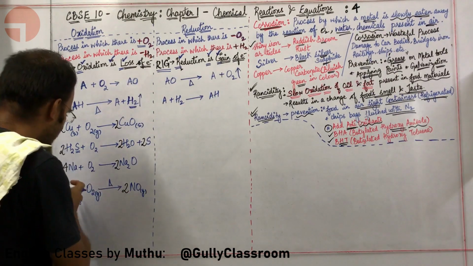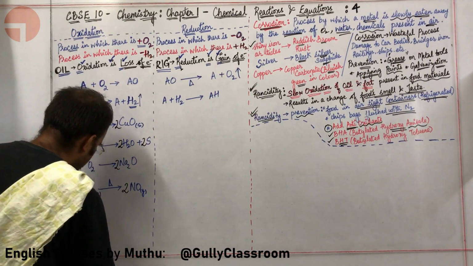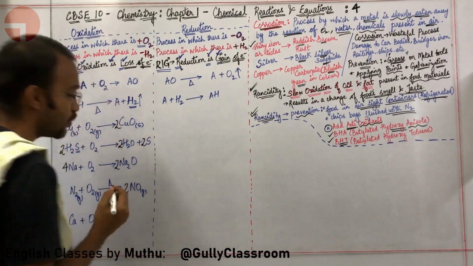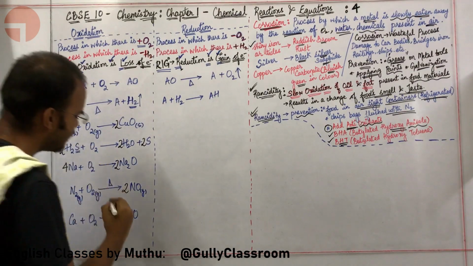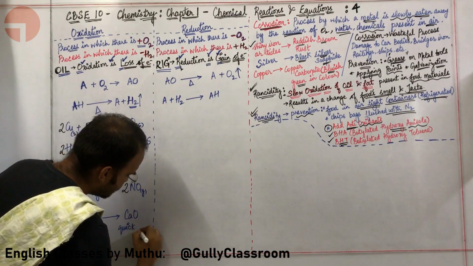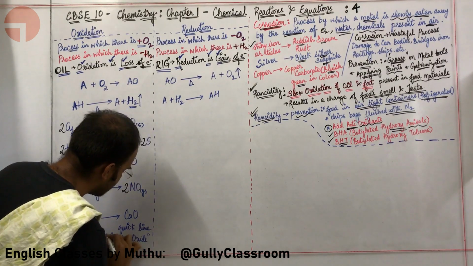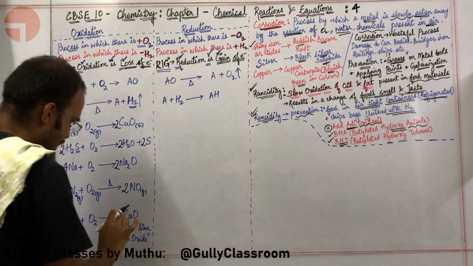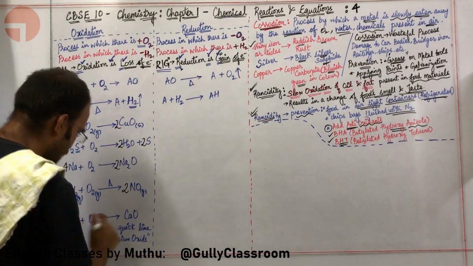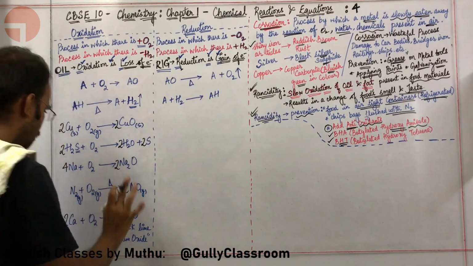Give me a last example for this particular oxidation reaction. Okay, let me give you a last example. Calcium, when it combines with oxygen, you are getting CaO. What is CaO? Sir, I learned that CaO is quicklime. CaO means quicklime or calcium oxide. Excellent. Let us balance this particular reaction. Here there is 2 oxygen, so I am going to put 2 oxygen here. In order to balance calcium, I am going to put a 2 here.